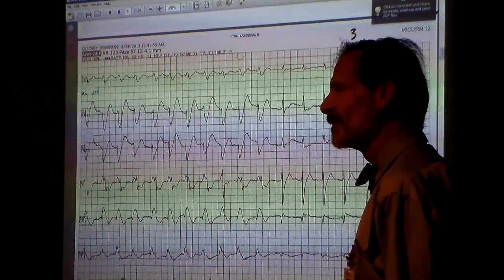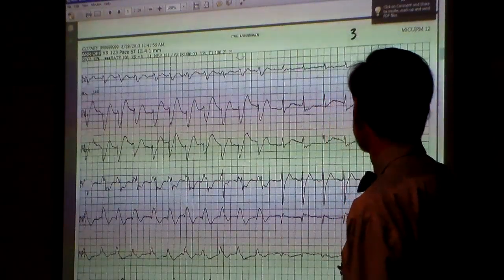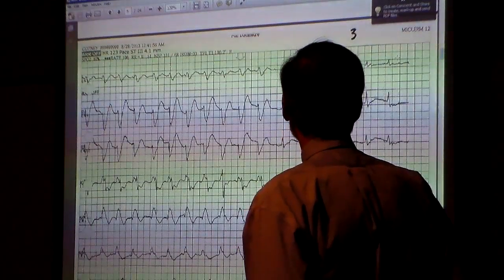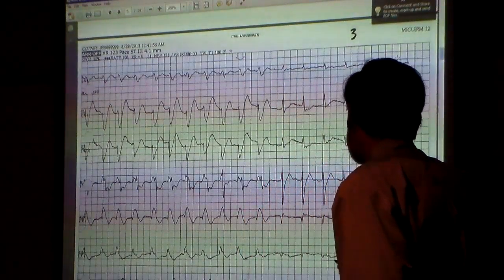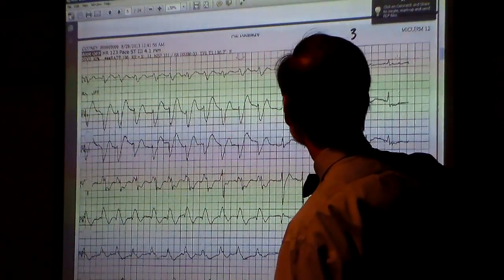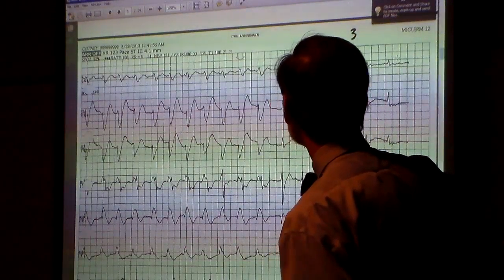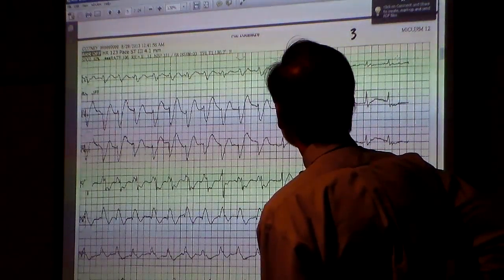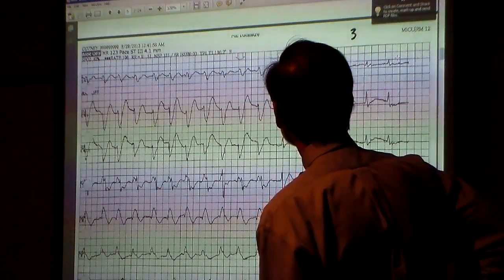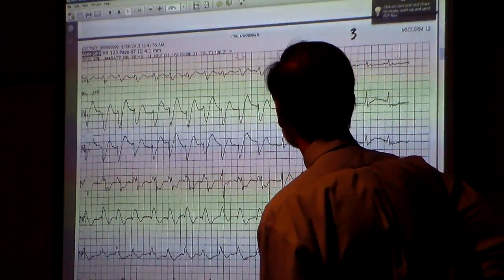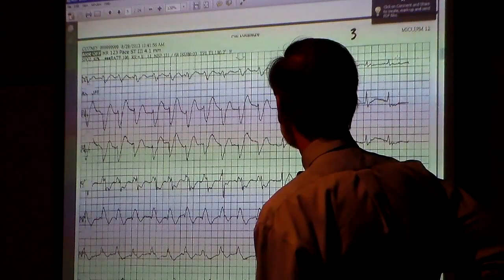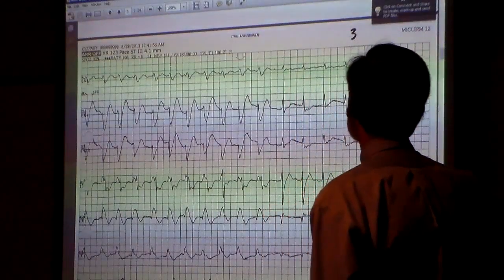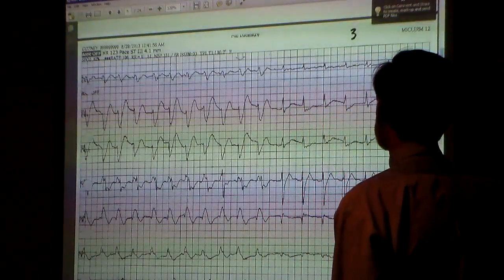Who's next? Hardik, what's the story here? It's an irregular rhythm. Rate between 150 to 100 and looks like